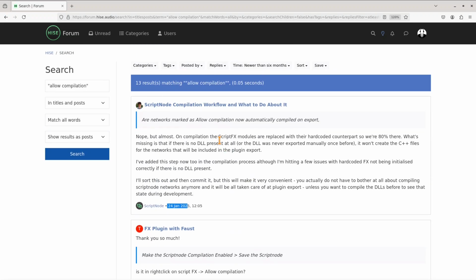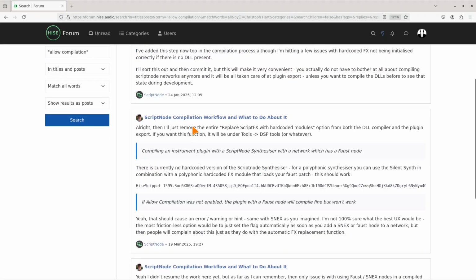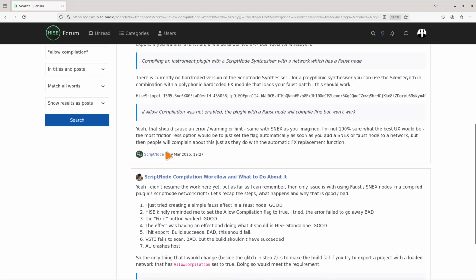If you know you want to see results from a specific forum member, you can filter that out through the posted by drop down. So if I only want to see results from Christoph, I can type his name in, and then select his name here, and then click search. Now I'm only going to see posts made by Christoph in the last 6 months that feature the phrase